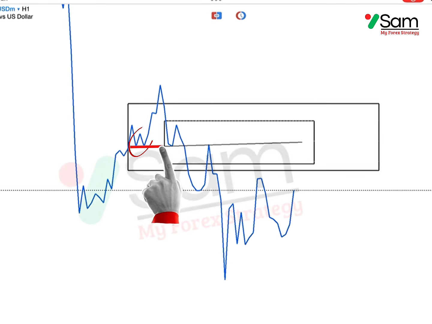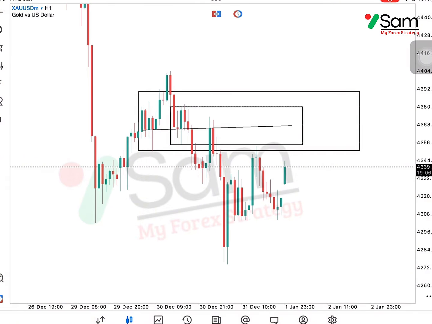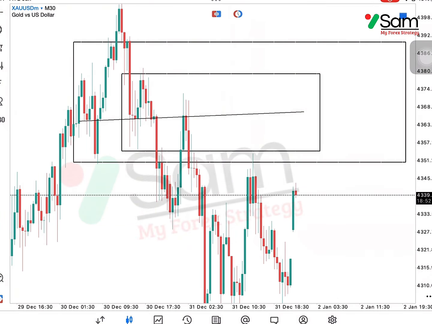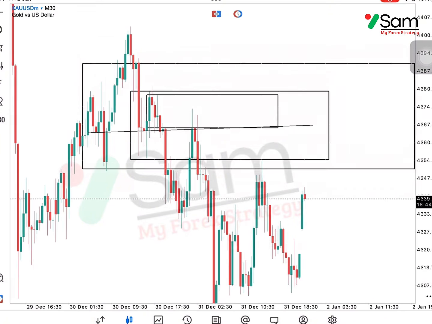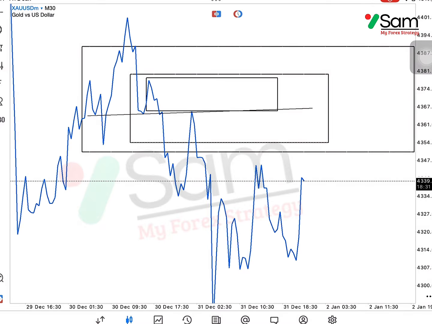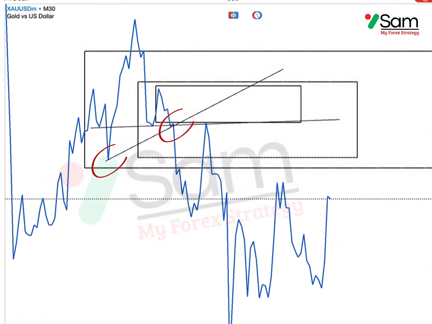After that, we look for confluence on M30. On M30, there is another bearish engulfing. This means the entry zone becomes smaller and the sell direction becomes stronger. We can add more confluence on M30 to strengthen the entry area. Here, we find 2 more supports, and we draw another trend line.